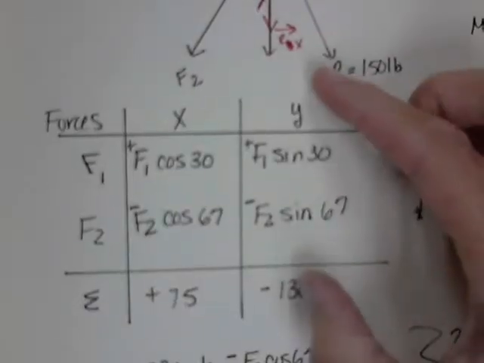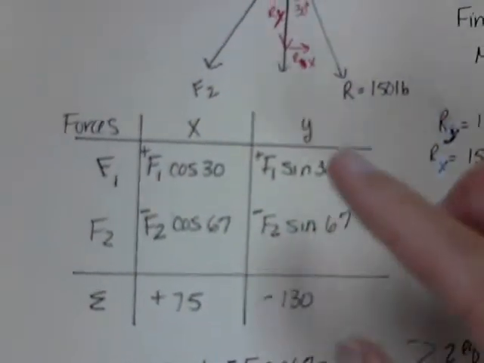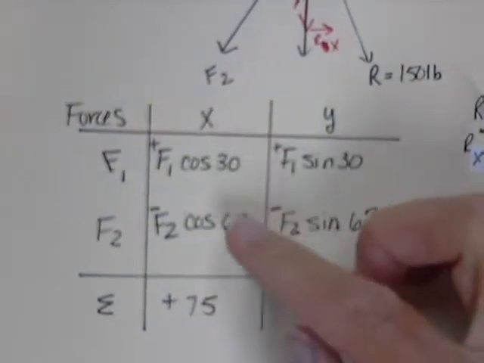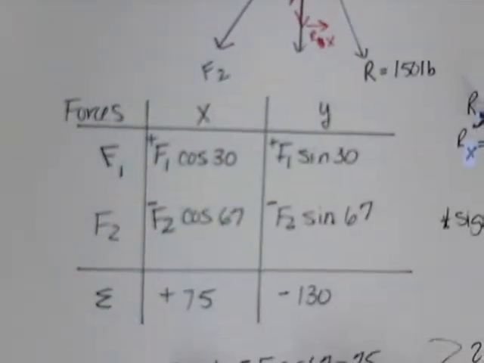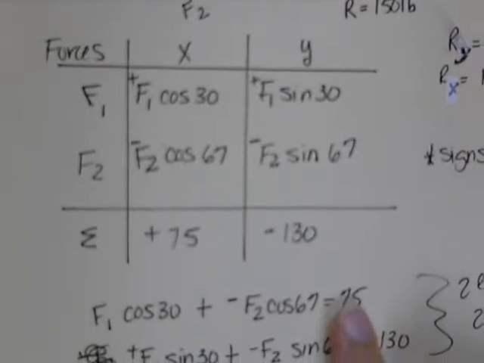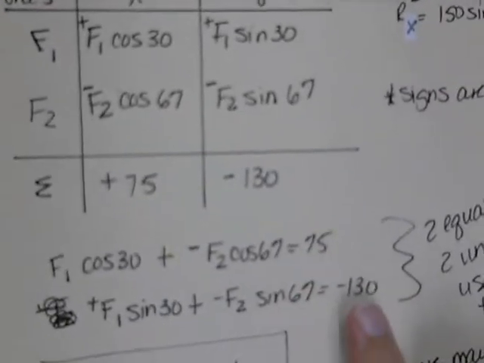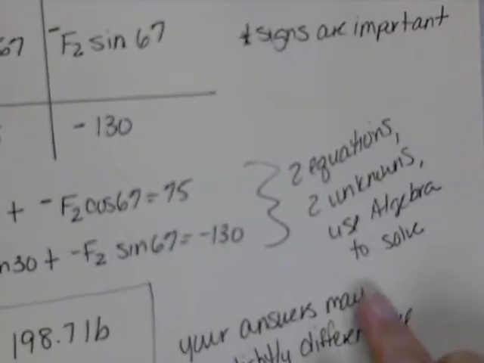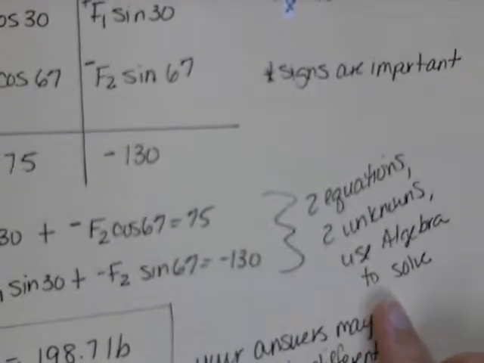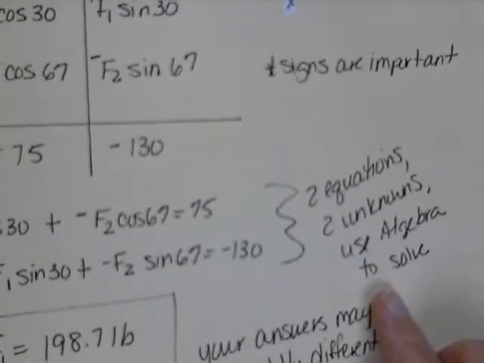That's an equation and that's an equation. Okay, so the sum of the horizontals has to equal 75, and the sum of the verticals has to equal negative 130. Again, we're back to two equations, two unknowns. You need to use algebra to solve that. Use